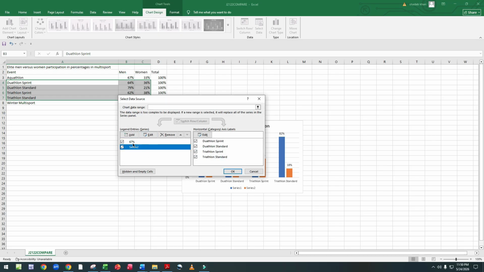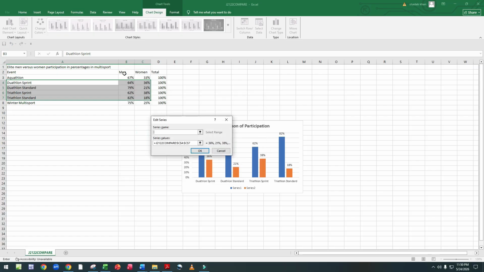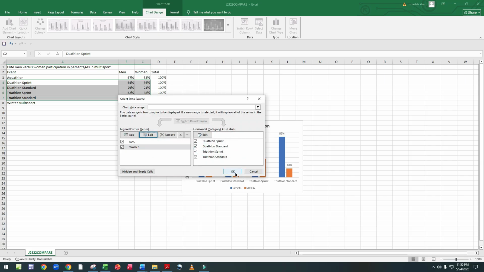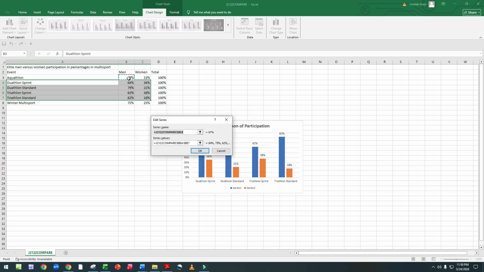In series second, edit, woman. Then give okay. After all these things, give okay.